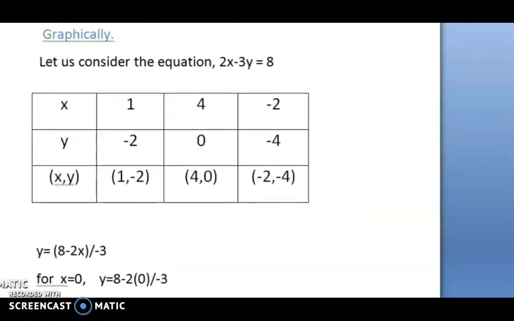Now using our technique, we can get the next points. 1 plus 3, 4 plus